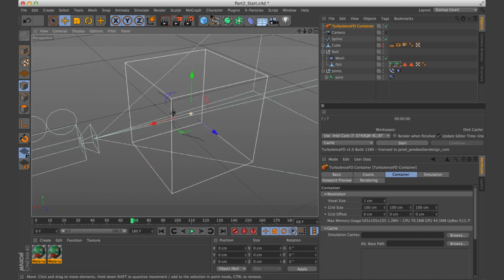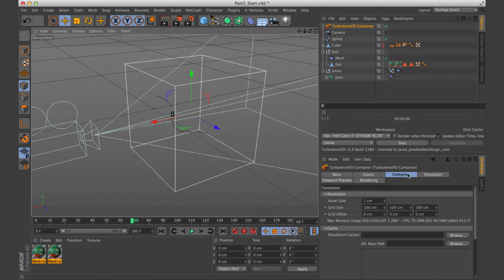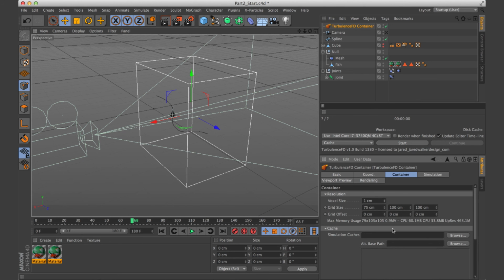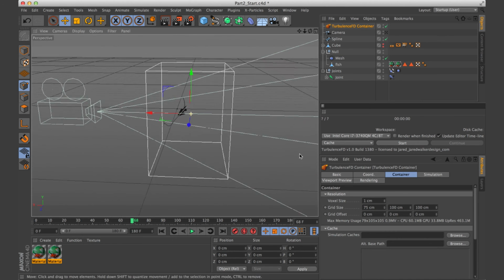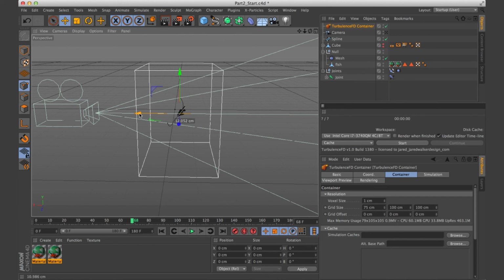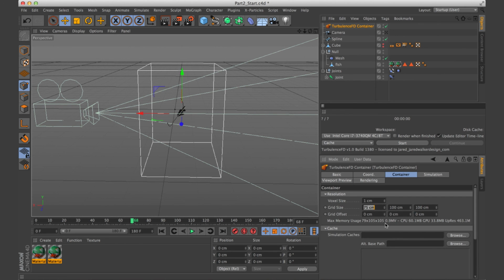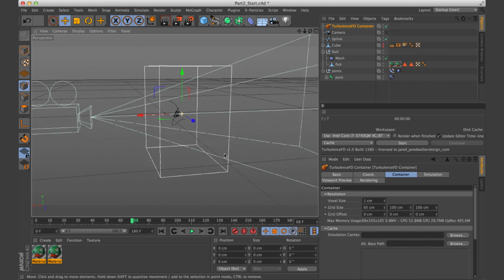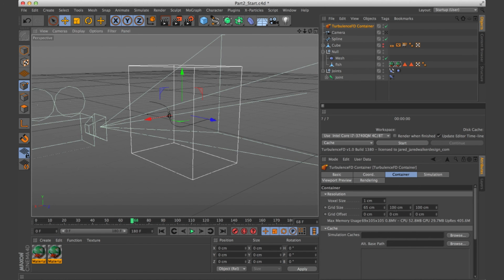And so if you go down here to the container tab, where it says grid size, you can change the size of the container. And so we'll just start changing that a little bit to fit a little bit better. And maybe make it a little bit smaller. And then we'll change the height down a little bit.